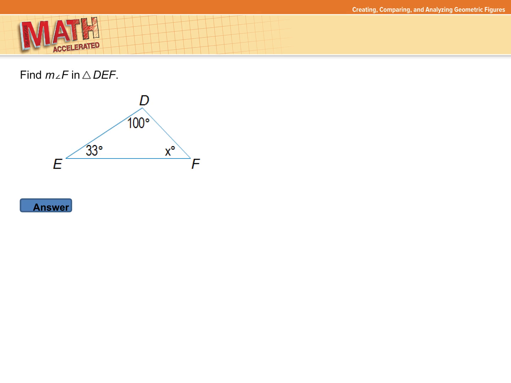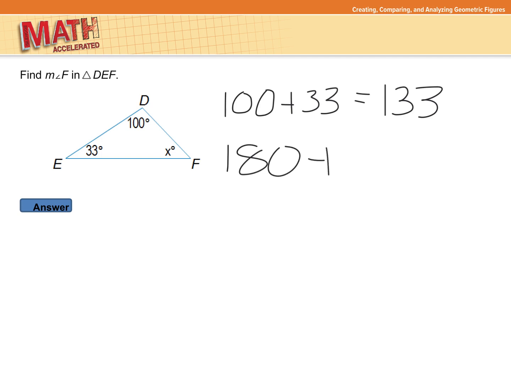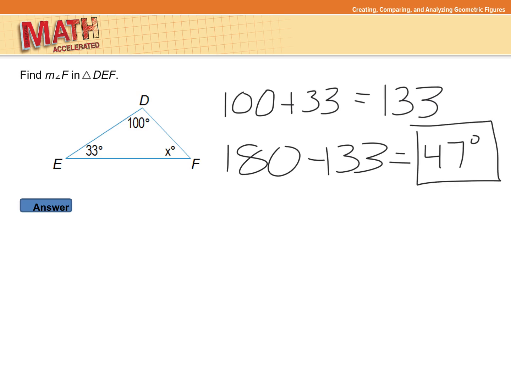Okay, first off on this one, we want to find that missing angle measure. Well, first, what do we know about triangles? They all add up to 180 degrees. So how can we find that missing angle? Add the two that we have, 100 plus 33 to get 133, and then what do we do with that? Yep, 180 minus 133 to give us 47. Okay, so that is our missing angle measure, and then I challenge you to classify it by its angles